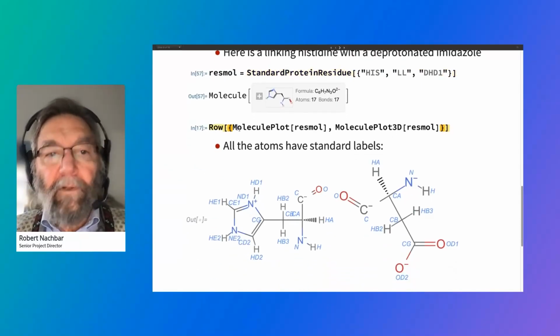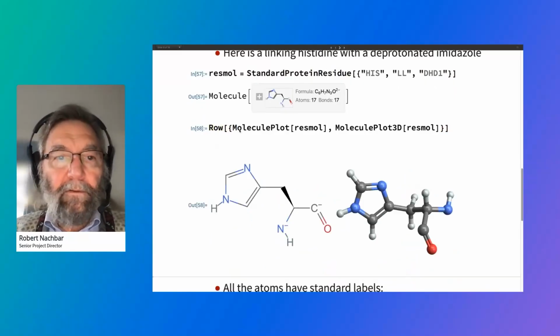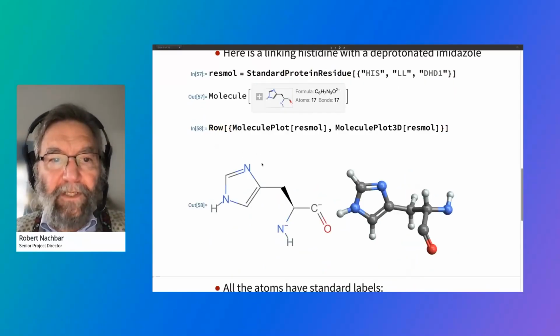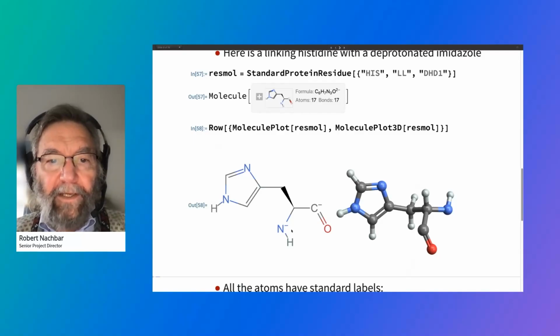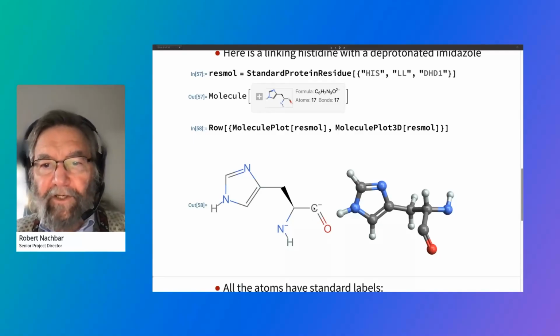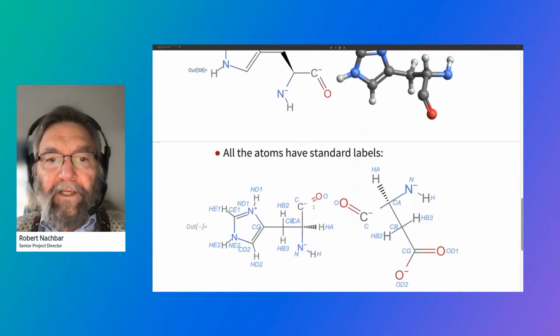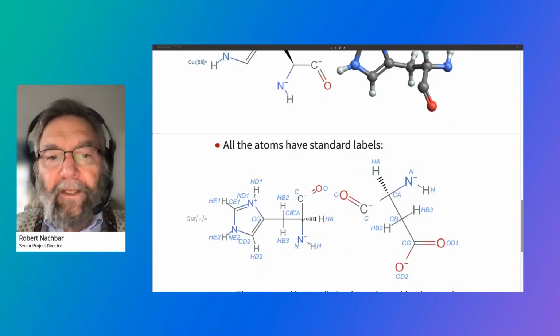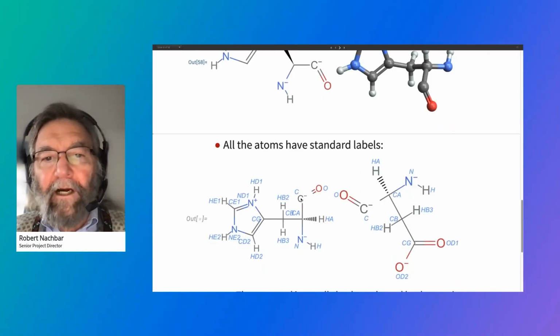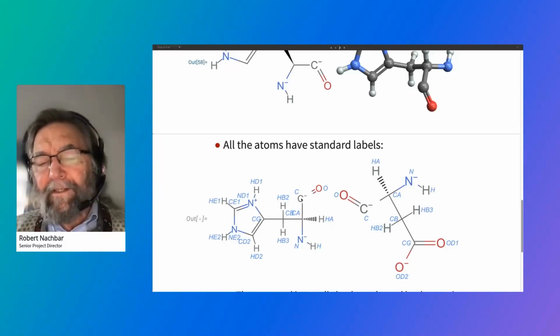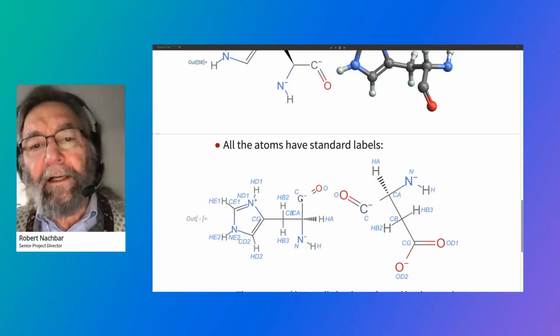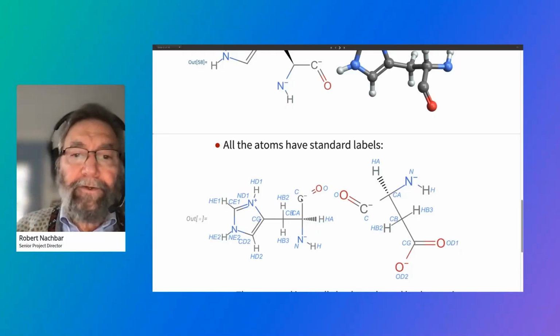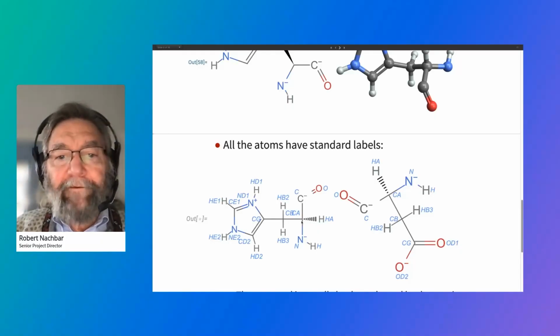And I can show you what they look like here. Okay, so this one is missing the hydrogen there, and we've got a negative charge on the nitrogen and a negative charge on the carbon. All of these amino acids have the standard labels, and they're labeled using Greek letters starting from the first carbon after the carboxyl group, because that's the way organic chemists typically name the atoms more than 100 years ago, actually. And so we've got C alpha, and then C beta, and then C gamma, and we've